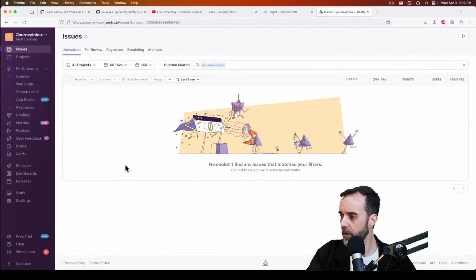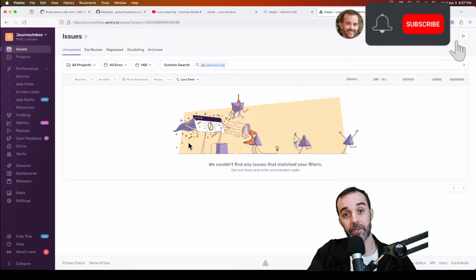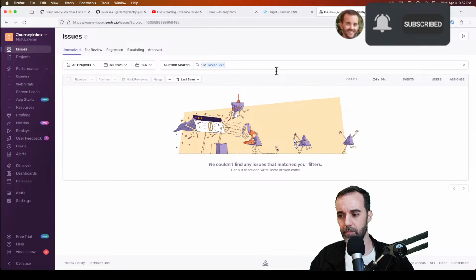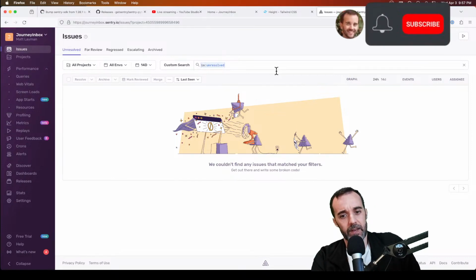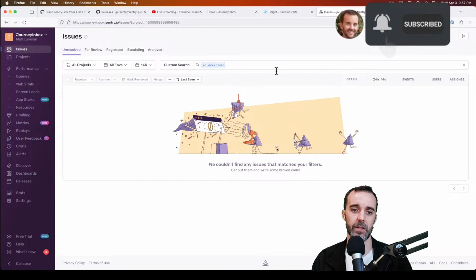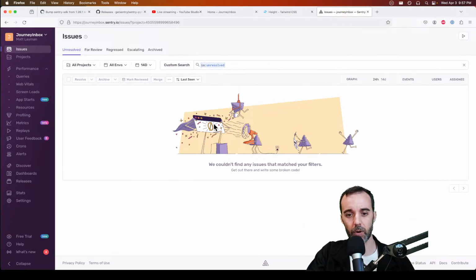Okay, so I'm going to bring up Journey Inbox. Okay, here we are. So this is the issues page, and one thing I try to be good about is fixing exceptions quickly, and then having a clear page here so that I know this is the list I need to work on. So if there were an exception here, it would show up as an item. Then you can click into it, and